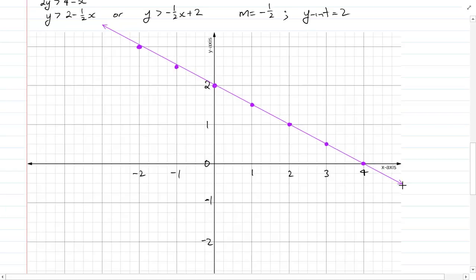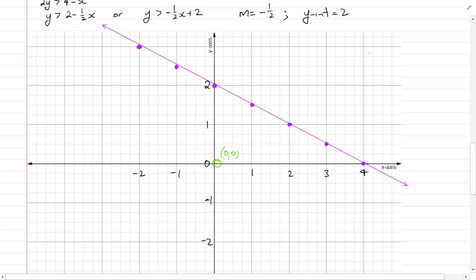And it carries on forever, like such. Now, I need to test a point in the region. And again, I'm going to be a little bit cheeky and choose this point here at 0, 0. It really is just the easiest choice. Of course, if the line goes through 0, 0, then I need to make sure that I have chosen a